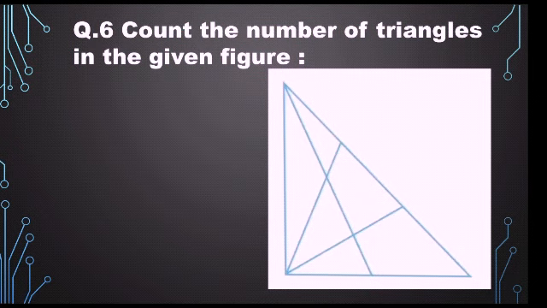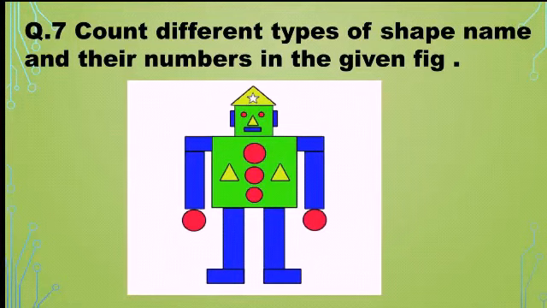To count this, first of all you need to know what a triangle is and what kind of shape it is. The shape of the triangle looks like a hill, okay, so that has 3 sides and 3 corners. So you have to keep in mind that we count the triangles from the given figure and answer it.